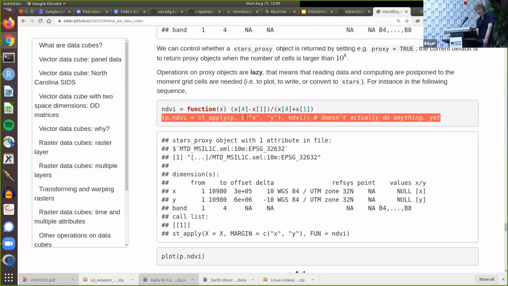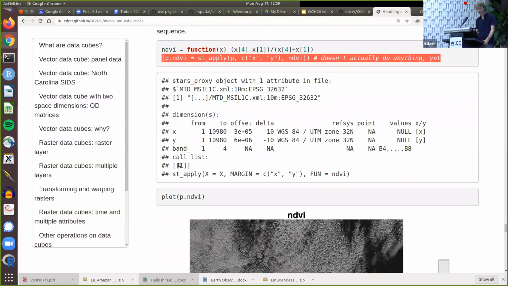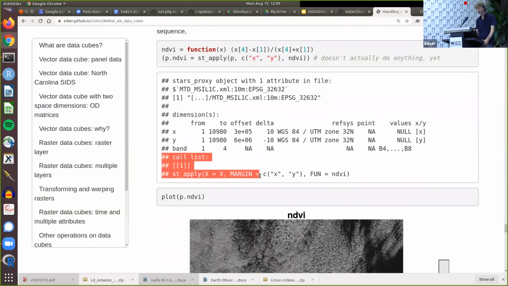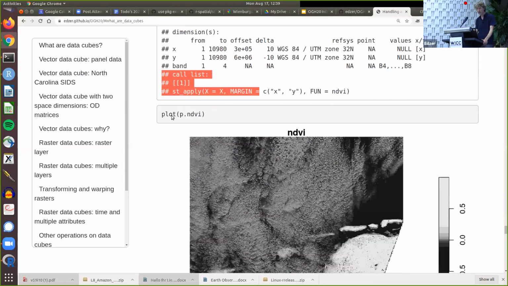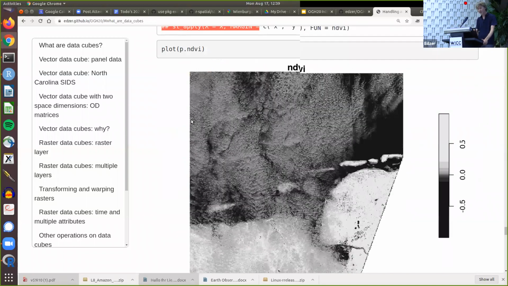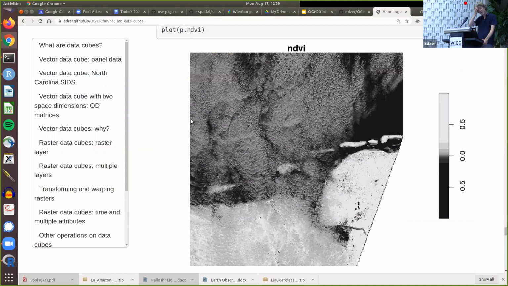So if you do this, it's done within a microsecond, because still it doesn't do anything, because you didn't ask for pixels. It just says, okay, I still have this proxy object. It just now has a call list. I need to do something. So if you want to have something, I'm going to do something. Now, if you plot this thing, it does that in something like seconds, because